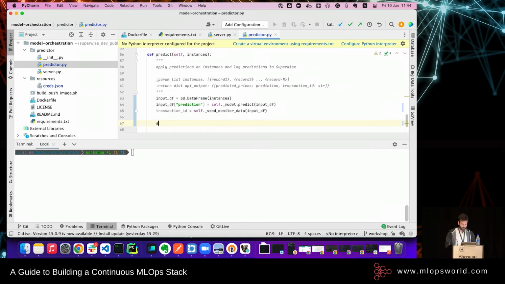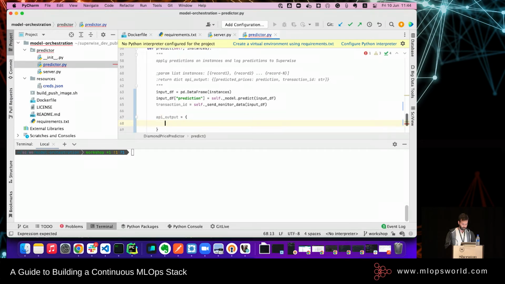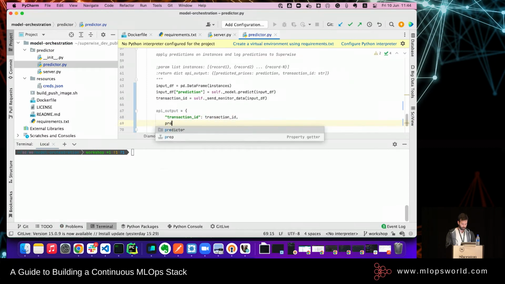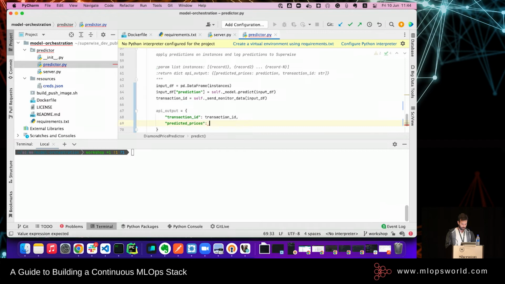And API output, we have it like that. So transaction ID would be transaction ID, and we can have the predicted prices equal input df predictions.